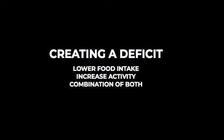So there's 3 ways in which you can do this. Number 1, you can do it through just food restriction. You can do it through increased activity, so training, walking, that kind of thing, or you can do a combination of both, which is our preferred way of doing it, because then it's not too intense. You're just shaving a couple of hundred off from the food and you're increasing your activity levels,